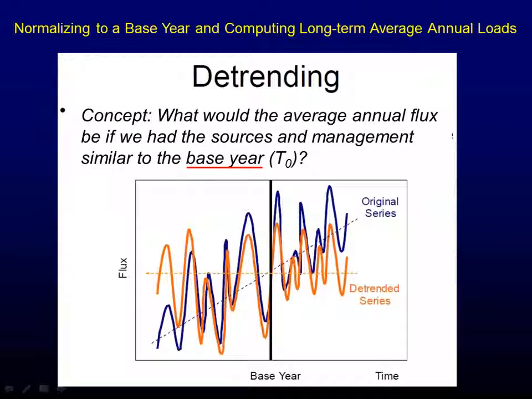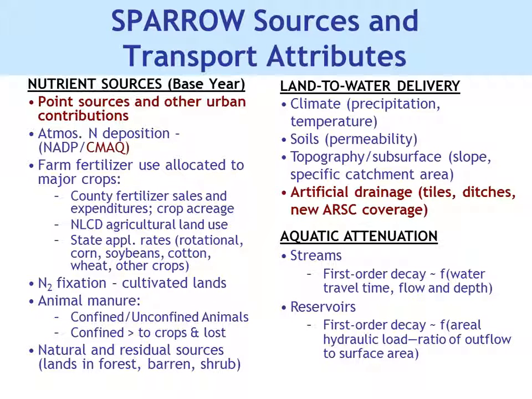to develop all of our calibration data set. So we start off with this really messy blue line, and we end up with a real messy orange line. But what we're going to do is try to get that point where the detrended orange line crosses the base year. By doing that, we're trying to remove all that variability that's out there, but we're also trying to incorporate it. So we're incorporating wet years, dry years, all those conditions that lead to the load at that particular site. That's our Y variable in that equation.